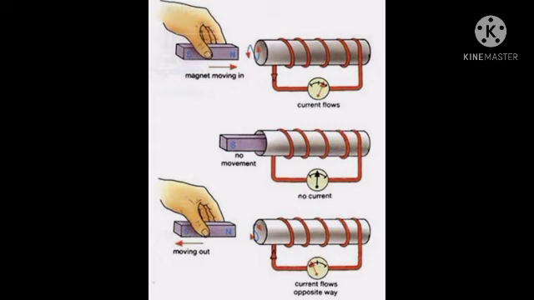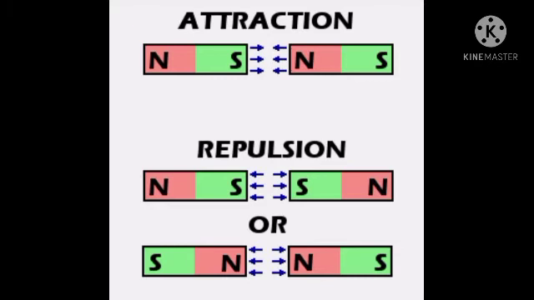What will happen? The iron filings which were stuck to that iron bar when the magnet was near will fall off. Correct? It will fall off as soon as the magnet is taken away. That is, the magnetism in the bar vanishes. Basically students, a magnetic material acquires magnetism when placed near a magnet. This magnetism is called induced magnetism. Understood?